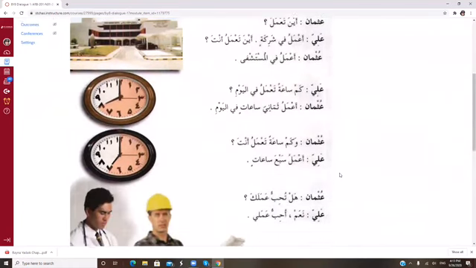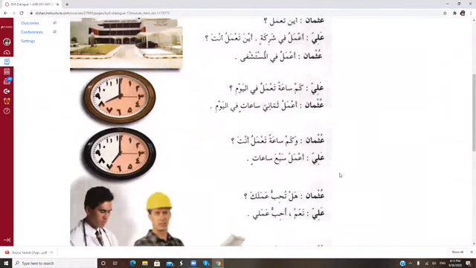How many hours do you work in a day? I don't know that phrase. Okay. Kam, remember, is how many or how much. And here we have sa'a. So it's different from telling time, where we say kam as-sa'a. But this is just kam sa'atan. So it means how many hours do you work? In a day. Filyawm, in the day. Okay. So how many hours do you work in the day?